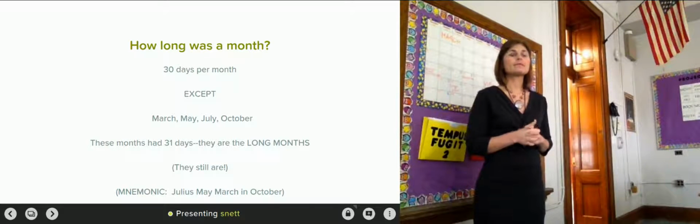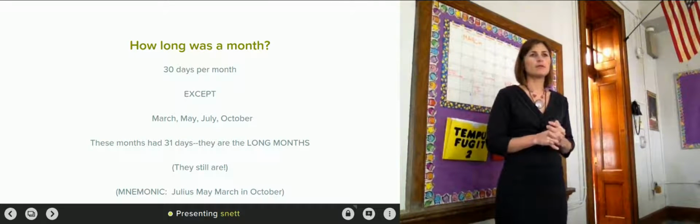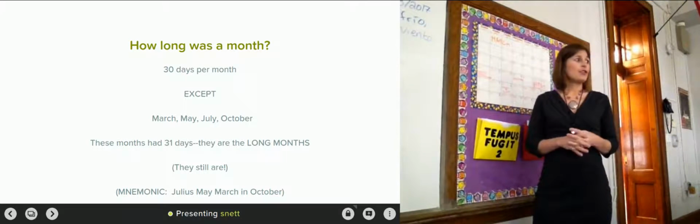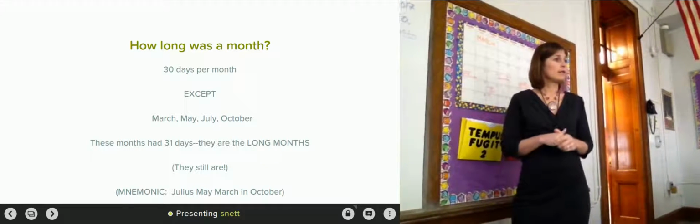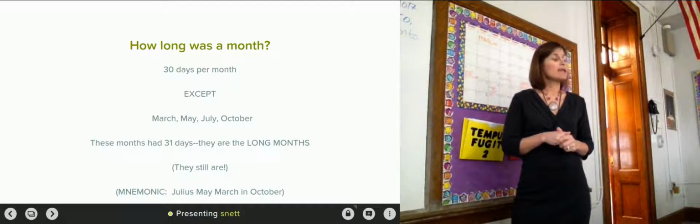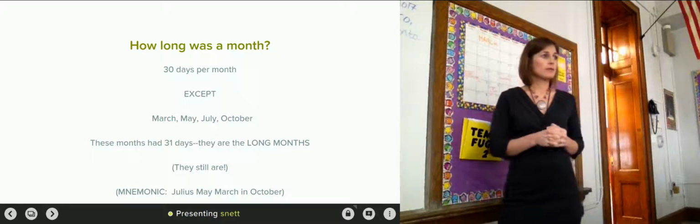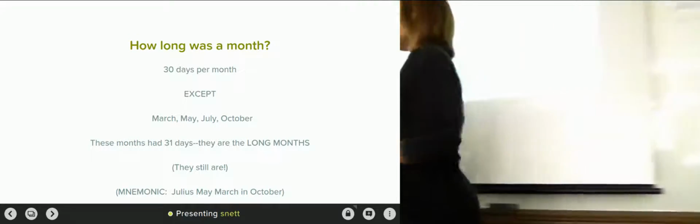And at some point, Augustus took away from one month to add more to himself? I don't believe so. The thing that makes a long month long is one extra day. Not in the Roman calendar. The Roman calendar is 30. It's 29 every 4 years. She's not wrong. Okay, so 30 days is our sort of standard in general.